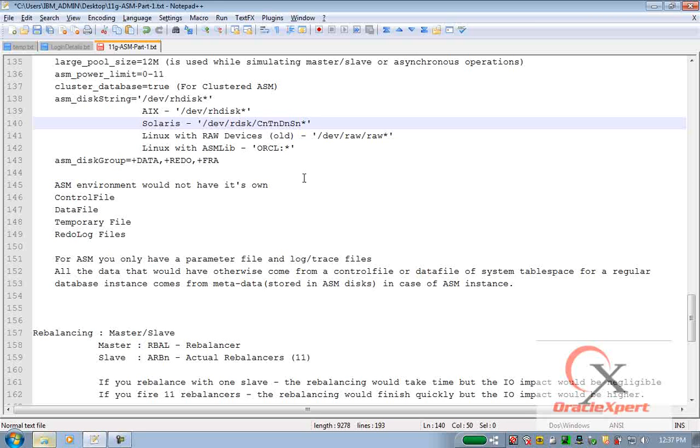In case of Linux, I'm talking about the old days implementation where Linux used to support raw devices. The raw devices in case of Linux were kept in the directory slash dev slash raw star, where that star can be replaced as raw1, raw2, raw3, raw255, and so on and so forth. Linux nowadays does not support raw devices any longer. There is no kernel built-in native support for creation of raw devices. Instead,